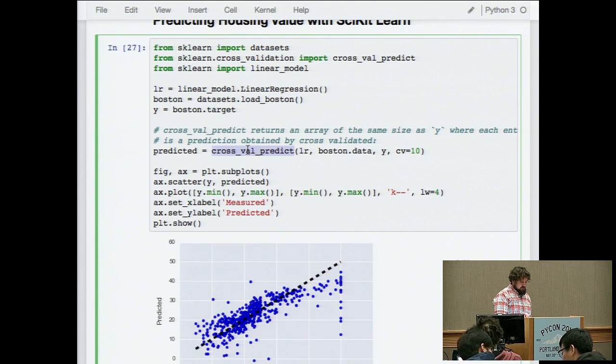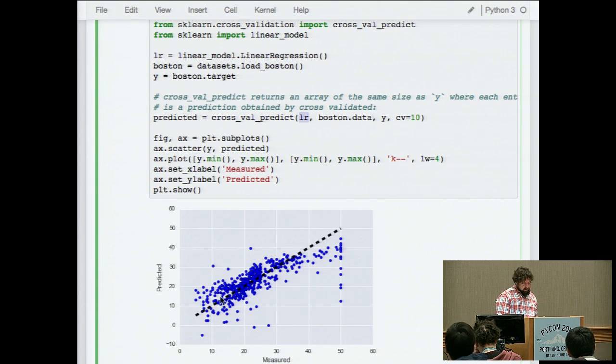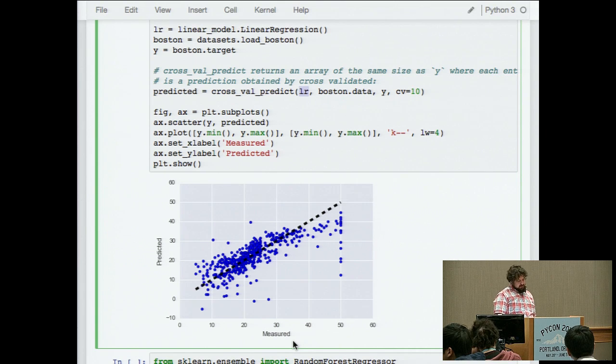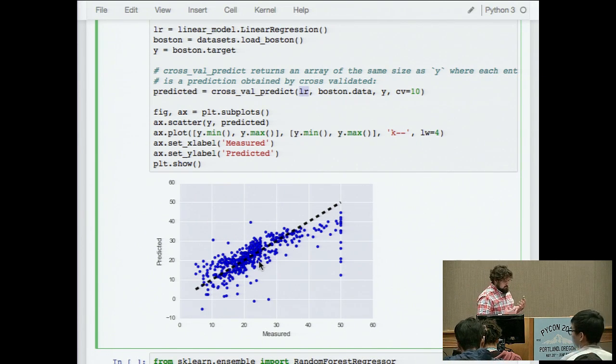And here we're just using cross-validation predict. If I do everything right with a 10-fold cross-validation, and I take my black box, my linear regression model, and I have all the data, often I like to do this and say, how well can I do? And this is the matplotlib of the actual predictions. So here's the measured, so this is like the confusion matrix when you have a regression, right? I have my measured value and my predicted value, and I really want to be on that dotted line, because that dotted line is exactly what it measures, what I predicted. And you can see there's some spread there, but more or less it works,